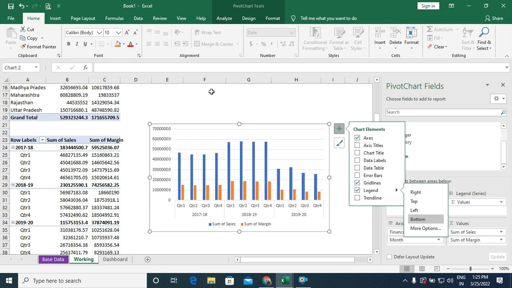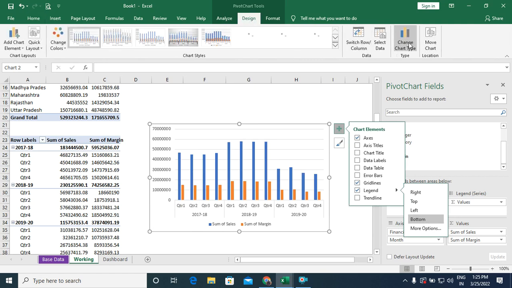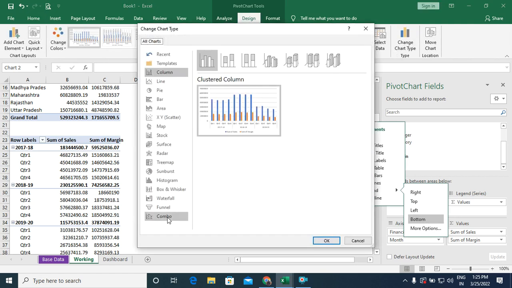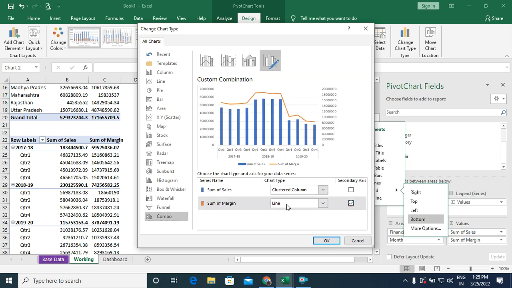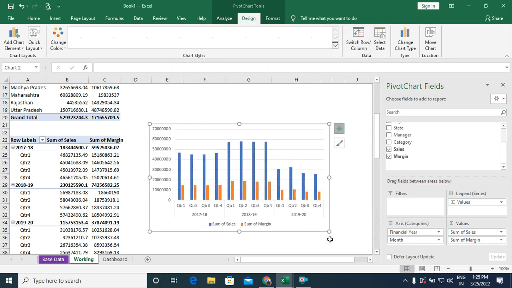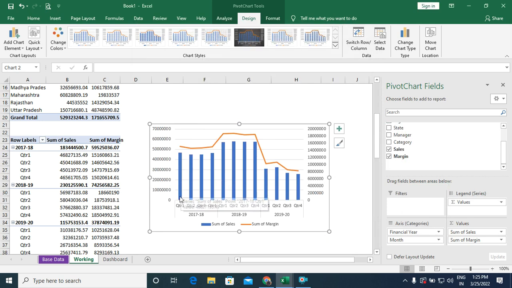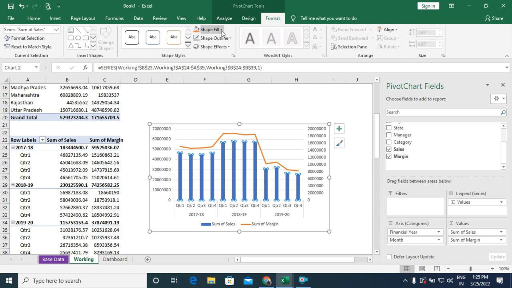It comes like this. And this I wanted as a graph, actually change the graph design, change chart type. I want it as a combo graph, so I'll take it as a combo graph. Once you click on combo graph, again this line option, take this, okay, line is there. And then I would like to change this color, actually this blue color, I want to make it a little darker color. I'll click on that bar, click on format option, shape fill, I'm just taking black,